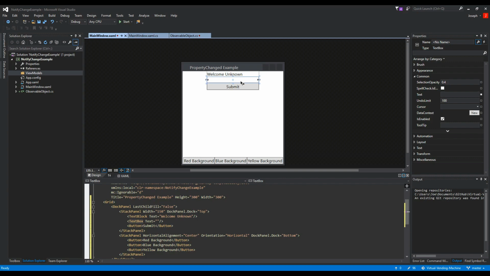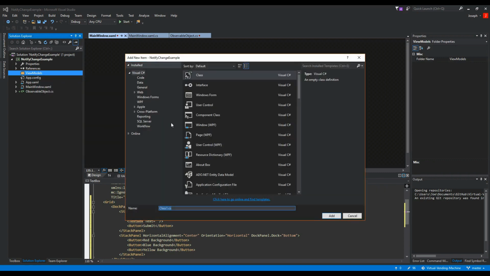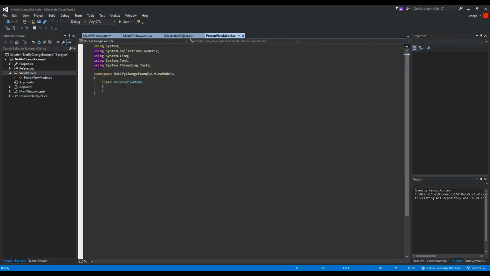So if you haven't left the video after this terrible start, let's go back to our view models. We're going to create a person view model. This will be a public class, and this will inherit our observable object, and then we will create a private string name,